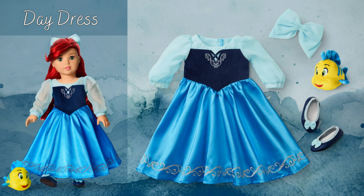Next is her day dress. This one is really pretty. I love the bodice on this one and that little extra detailing that they've added. I love the sheer sleeves on this. Really everything is really nice and reminds me of Ariel, so it's very well done in that way. I think that they could have made the bow a little bit bigger though, because when I imagine Ariel in this dress, I imagine her with that massive bow on the back of her head,